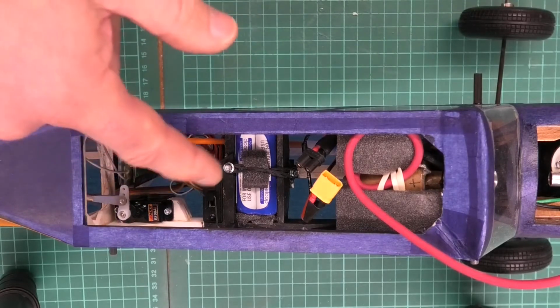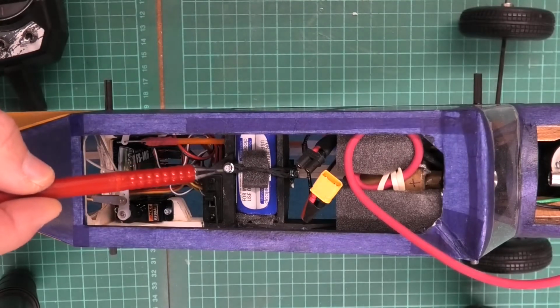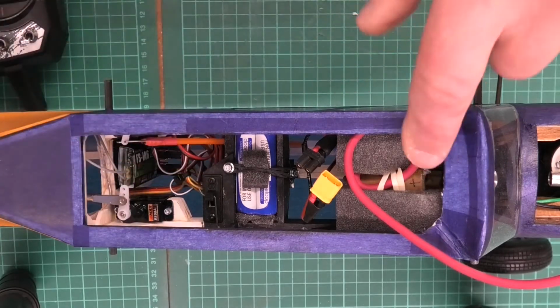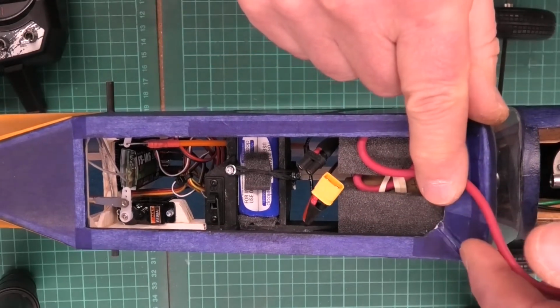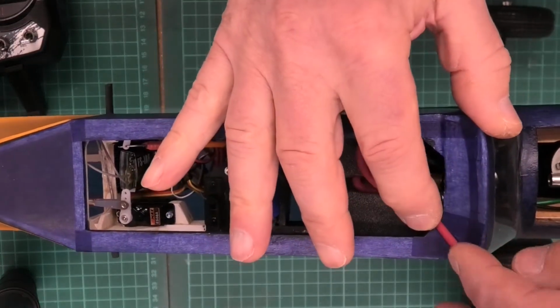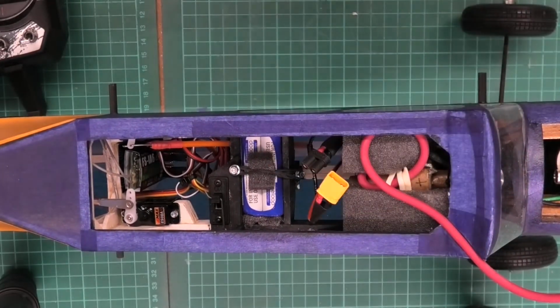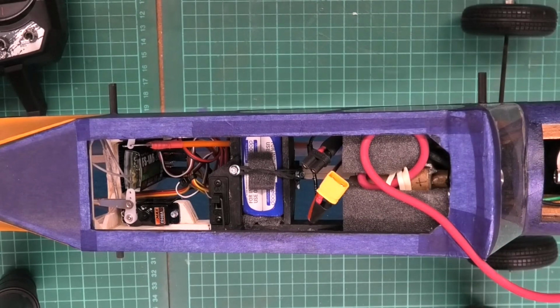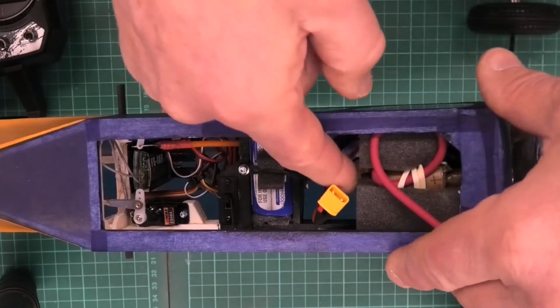You can see we've got the battery here just held in. This is for the radio gear, held in with a little bit of an elastic band and a bit of foam. Now we've got the ignition system at the front here, and the first thing I'll point out is I've put a little groove in here for the high tension lead to go in, so that the wings can sit on there without being lifted up by that cable. I think that's quite a nice solution, rather than trying to put a hole somewhere in the fuselage to poke it through. Now we can see the coil for the ignition system just in there, held in with this piece of foam,